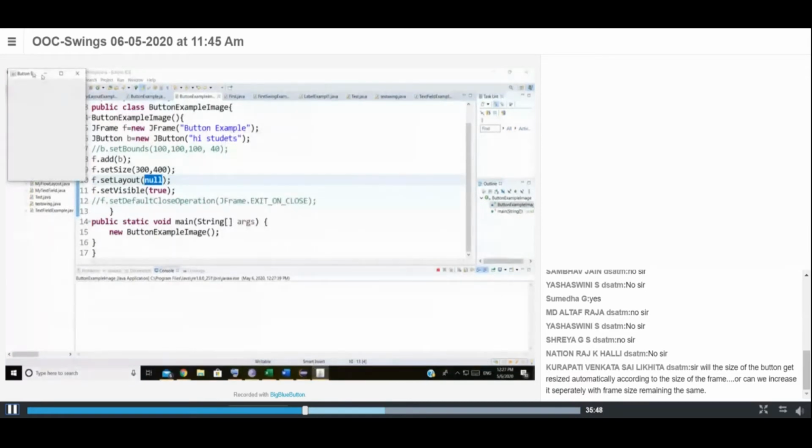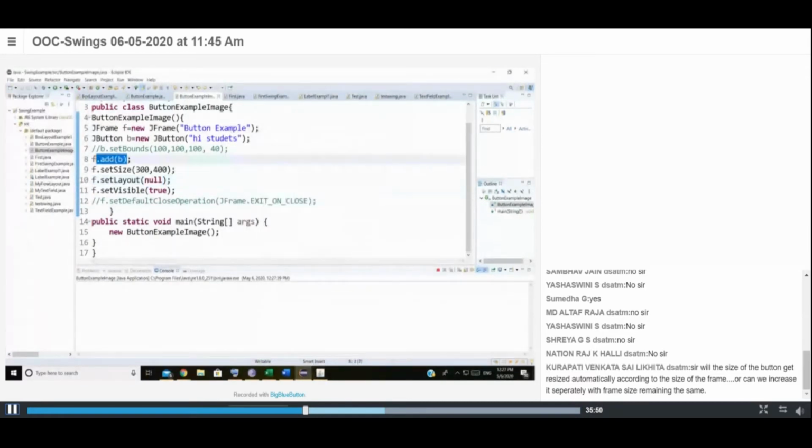See, even though you added a button, the button is not at all visible in your frame. In our previous example, you did not use this type of function, but you mentioned some particular layout. When you use some layout, the compiler selects a particular space where your button should be displayed in your frame.